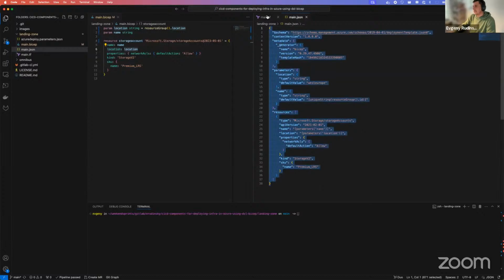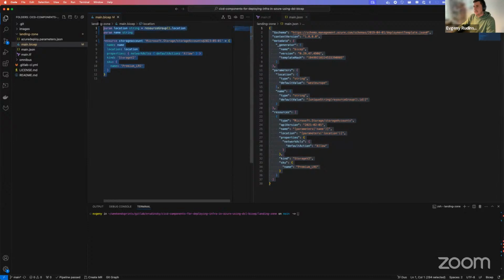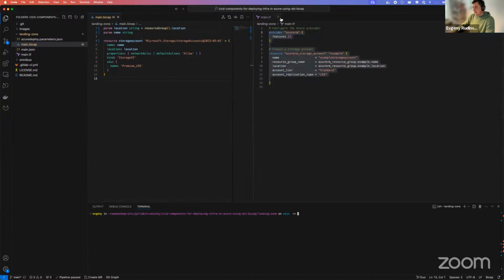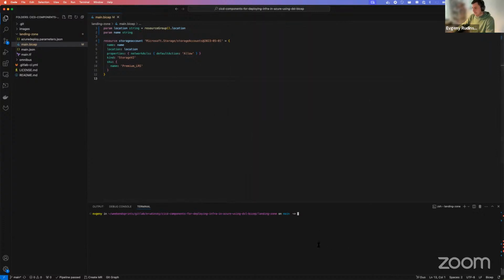Again, this used to be ARM, this is still in place and widely used, and this is the equivalent of that ARM. So things are much shorter, and I think what you see on the left is easy to follow, easy to read, and you can kind of predict what's going on here. I'll just do a quick demo here of what it is exactly when you get a resource described in